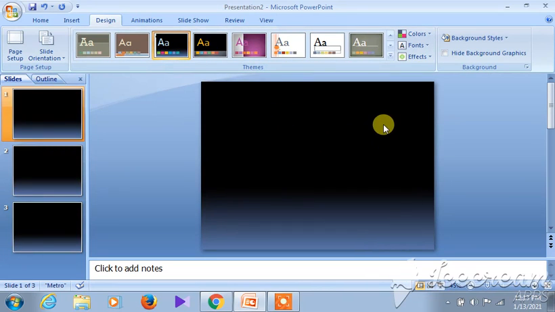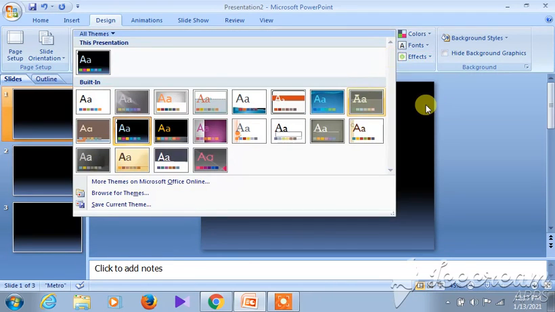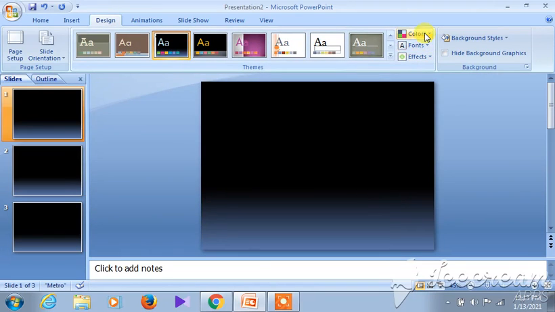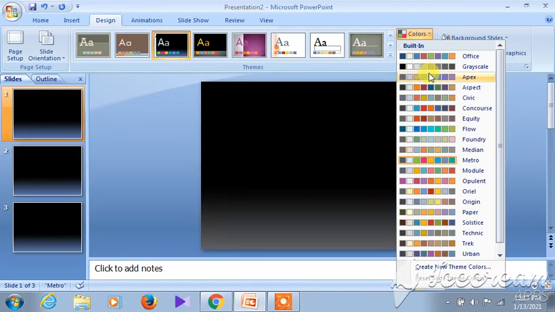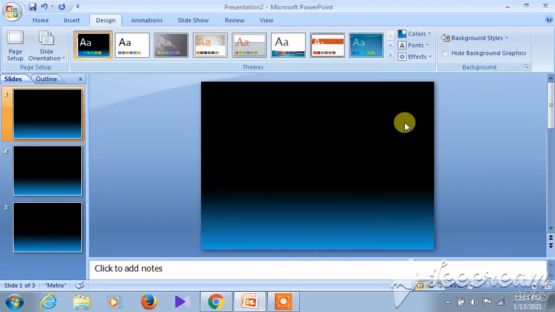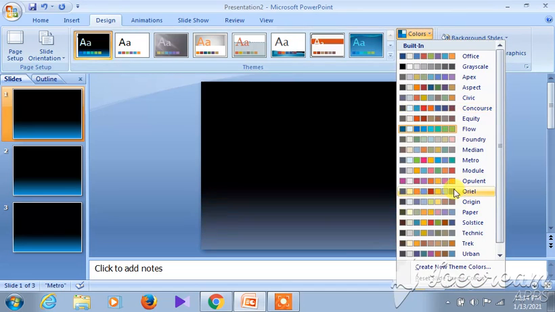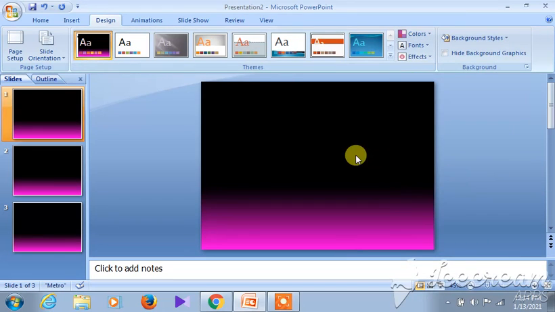Now, more colors also, which I described just now. Colors are also there, you can change the colors also. Whatever shades you want, you can select; plenty of shades are there. From there you can select any shade. MS PowerPoint allows us to change the color scheme that has been selected. To do so, click on the Colors button in the Themes group on the Design tab and select the desired color scheme from the drop down list. That is what I was showing you. Here, suppose I am choosing this one, it will appear in this way.